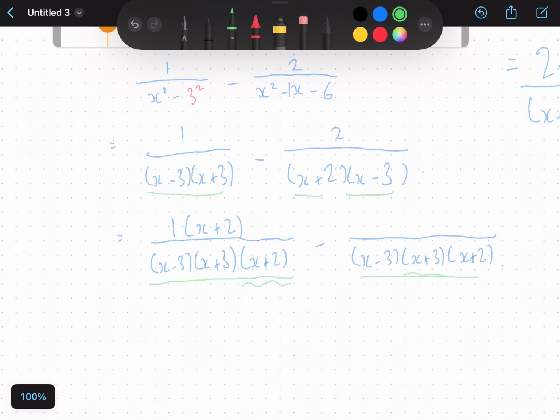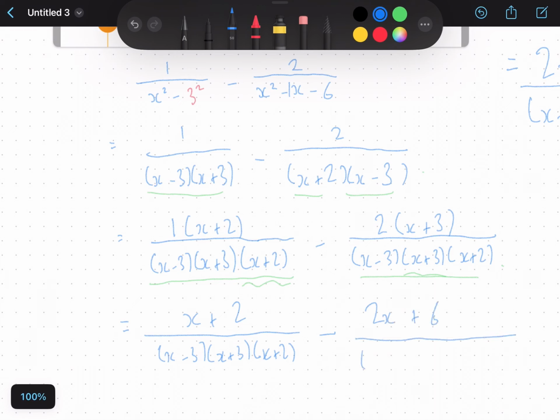So you'll have to multiply the 2 by x plus 3. So 1 times x plus 2 is just x plus 2 over all this, x minus 3, x plus 3, x plus 2, minus 2 times that, so 2x plus 2 times 3 is 6, over x minus 3, x plus 3, x plus 2,